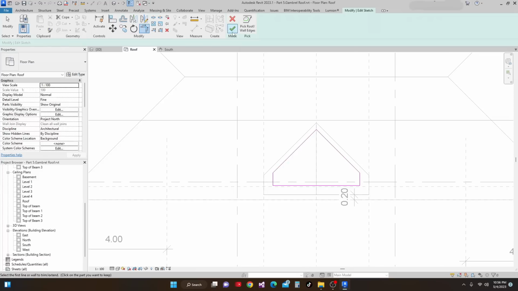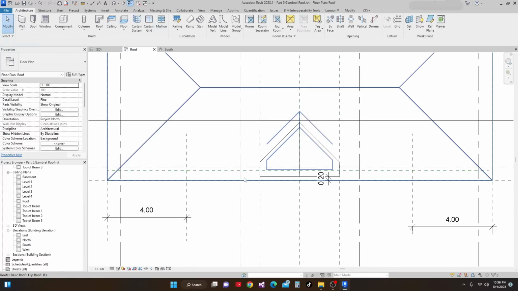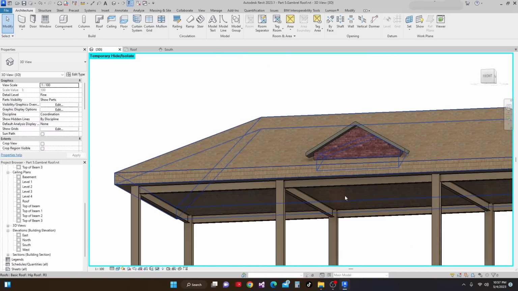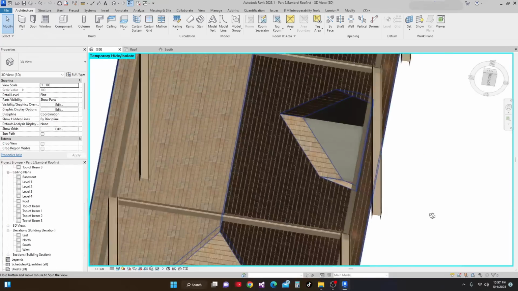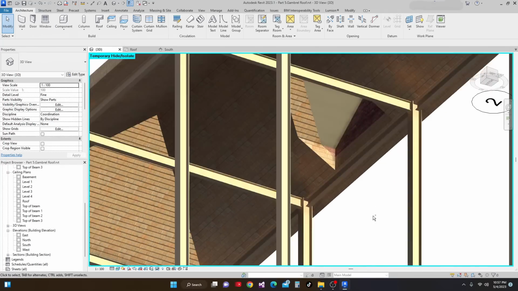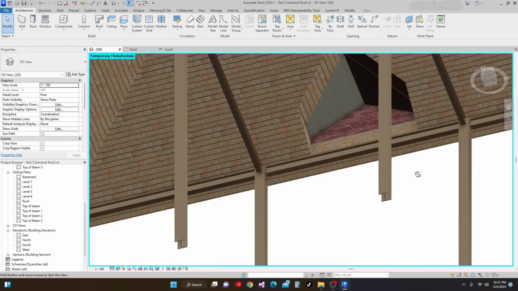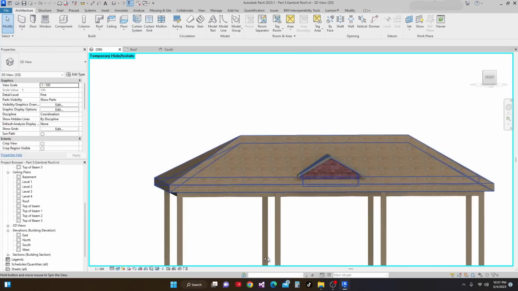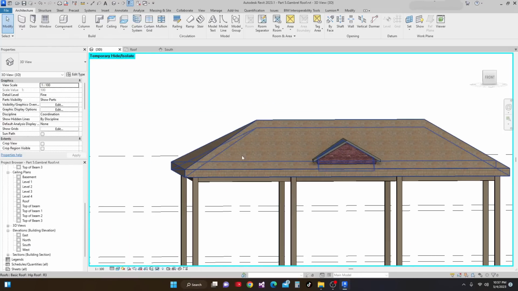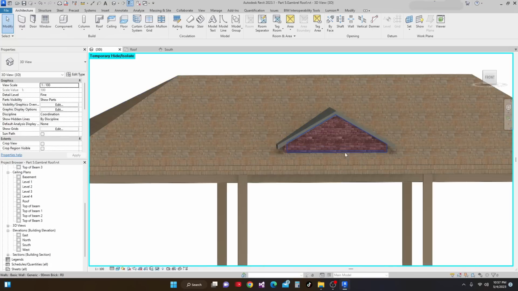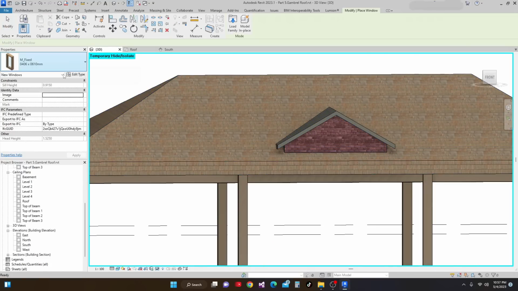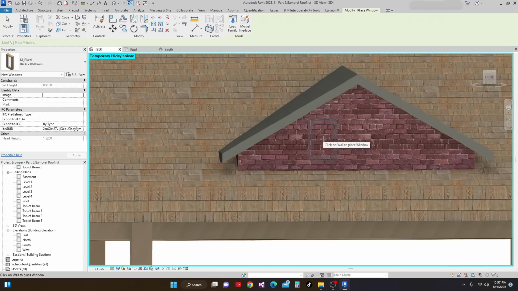and then let's finish this, finish edit mode, and then now we go to 3D, and there is our hole at the bottom of the roof. Now next we can also make a window here if you want. I will create a window, and in window you can select any window and you can place it here, maybe here,